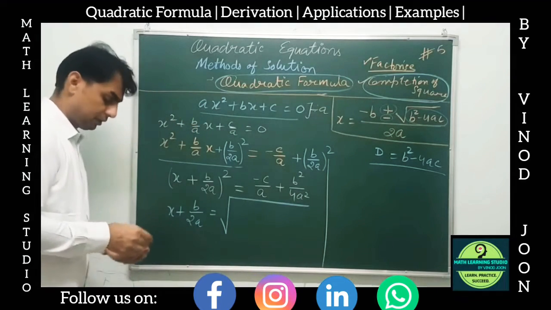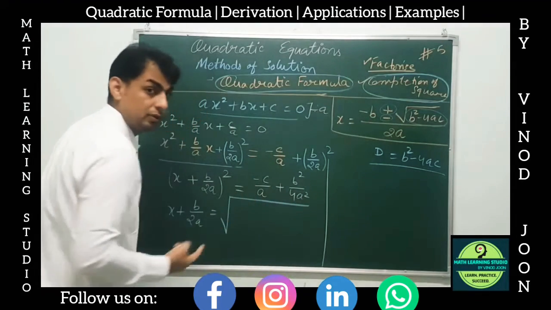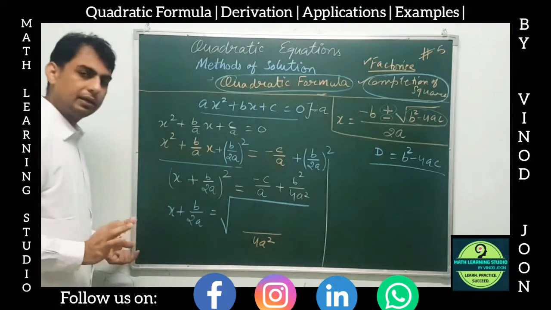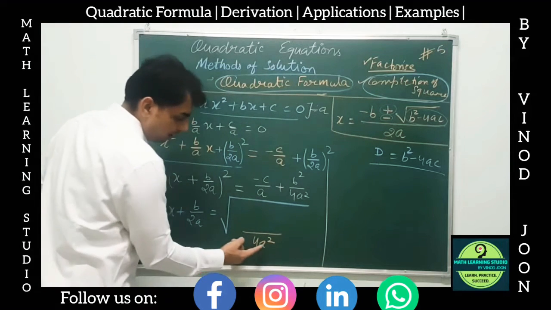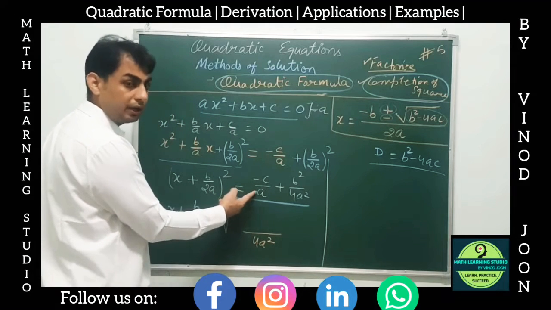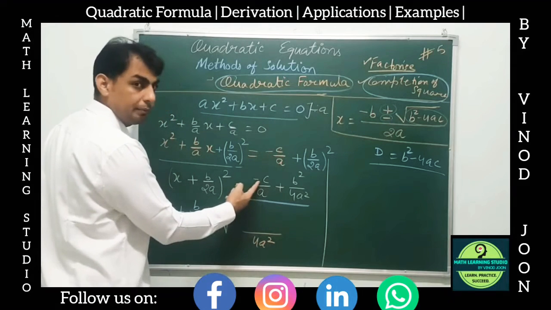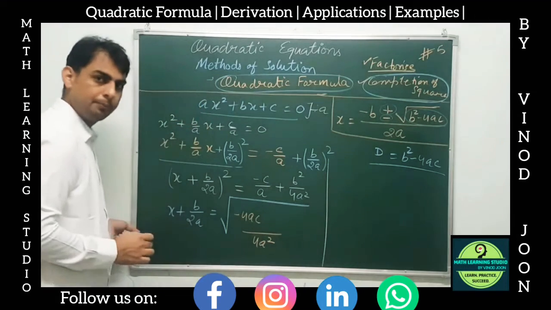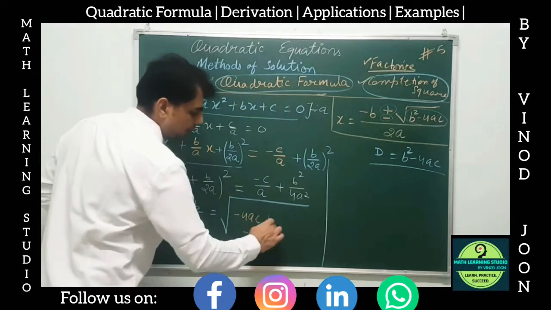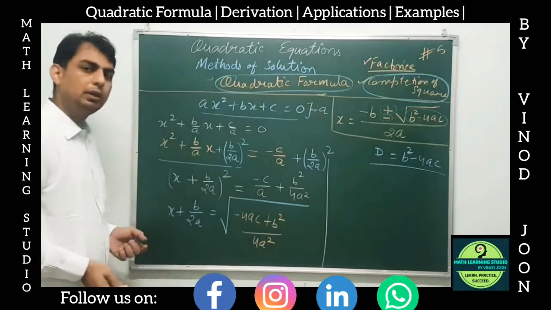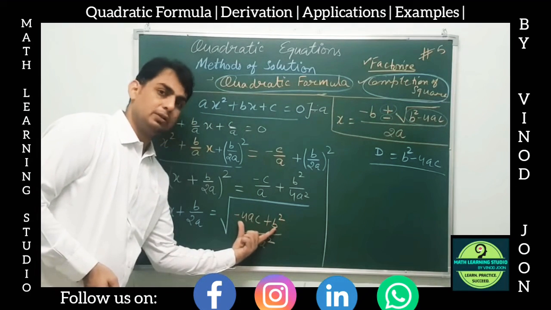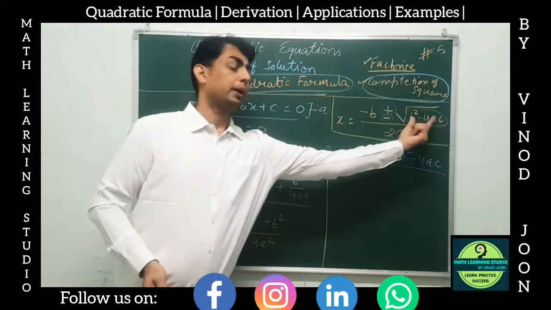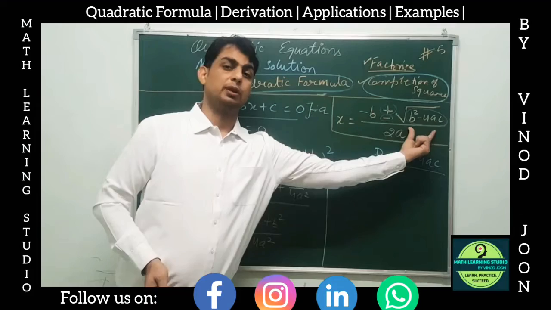Now I am doing one more step here. I'll take the LCM also. So this will be 4a square as the LCM. Now see, 4a square divided by a, you will get 4a only. And into minus c, so you will get minus 4ac. And this becomes what? Plus b square only. And this can be written as what? b square minus 4ac. We can swap them by applying the commutative property, we'll get this only, right?